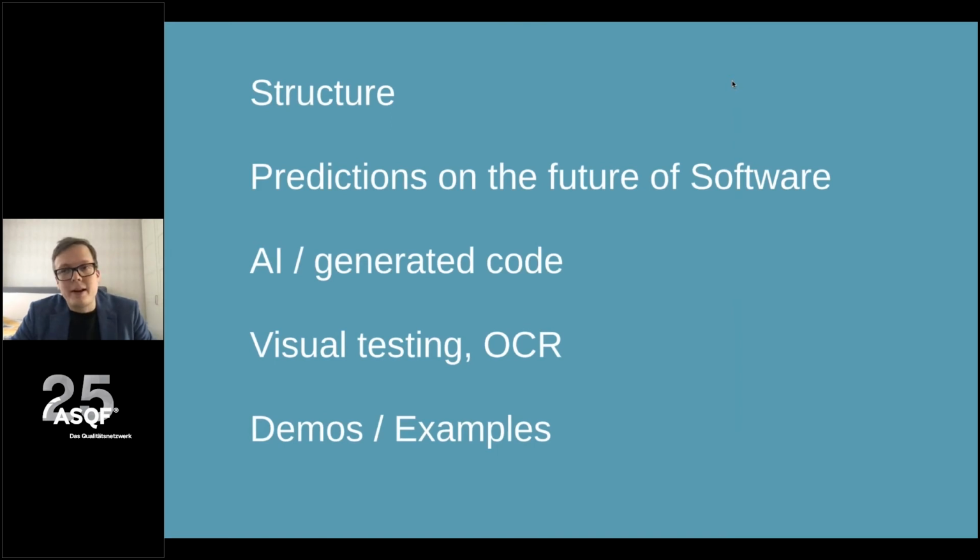Today's topic is most of the predictions on future software. So predictions on where this whole scene is going, a little bit about AI and generated code and how it relates to testing. Then we are going to talk about the visual testing and OCR, which was the topic of the talk. And in the end, we're going to have some demos and examples that we're going to go through. So it's not just talk, we actually can show you something that we've been doing and actually show the stuff that I'm talking about is coming. Some of this stuff is, of course, in the future dreamland, but I think it's necessary to dream today to actually build that stuff tomorrow.